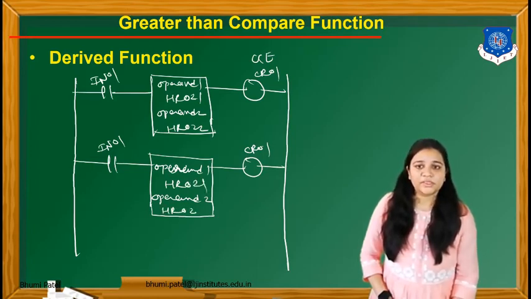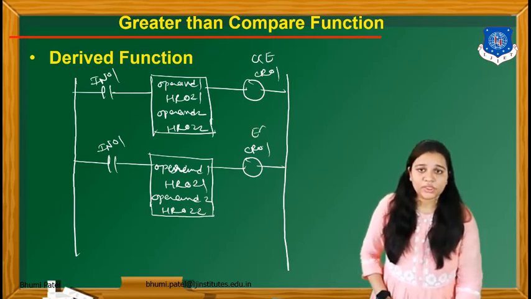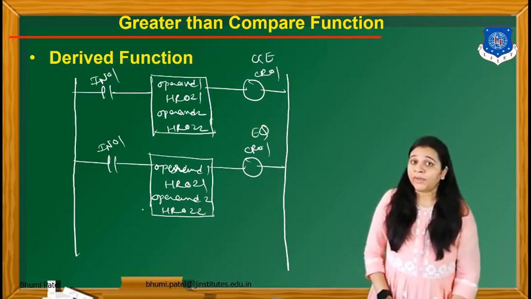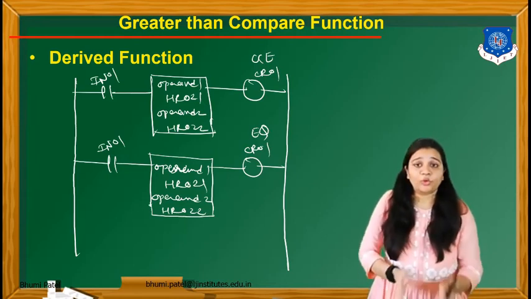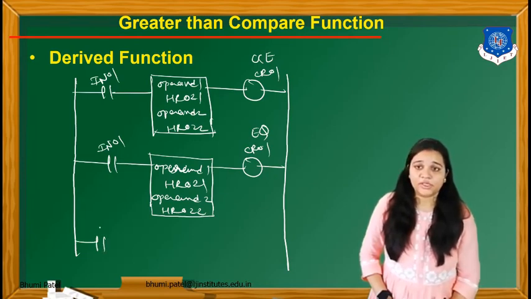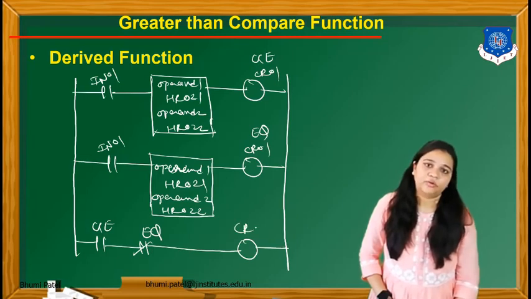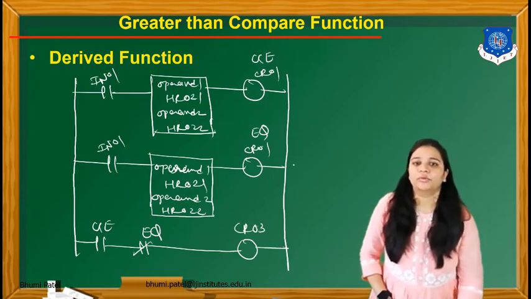We have to compare the two operands at the same time, and here we have to use the equal to function. If my number is greater than or equal to but not equal to, then we can get only the greater number. So we have to take logic: greater than equal to is there, but we cannot take the equal to number. Then we can get the main output CR03.